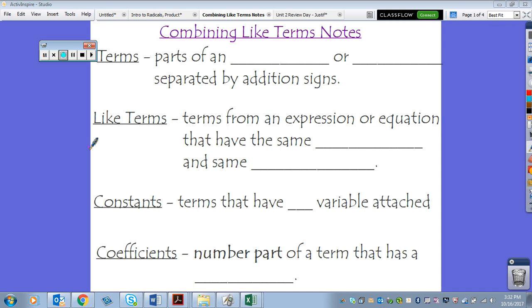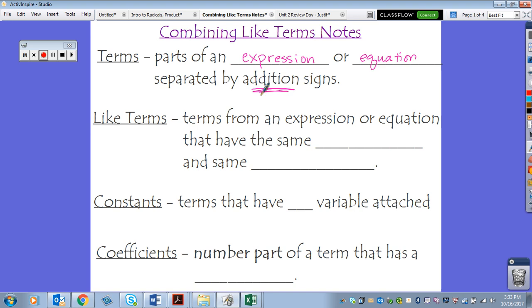Okay, folks, we're going to go over combining like terms today. So first we need to know what the heck a term is before we even get started. A term, or terms, are parts of an expression or an equation separated by addition signs only. So what that means is